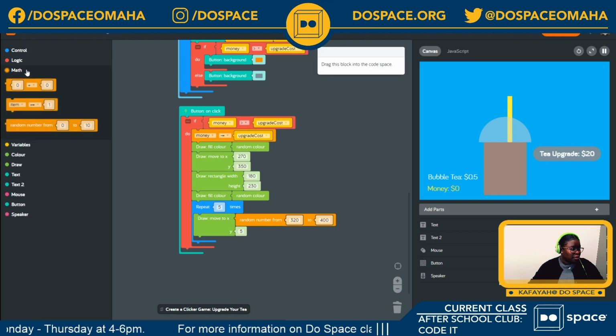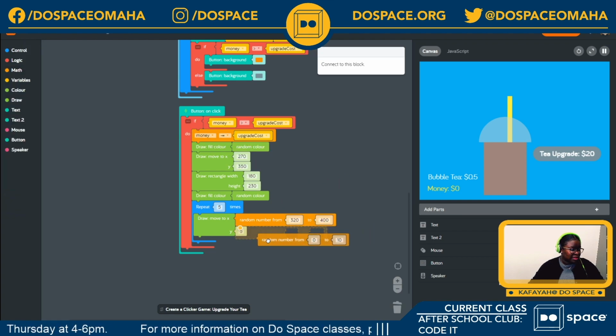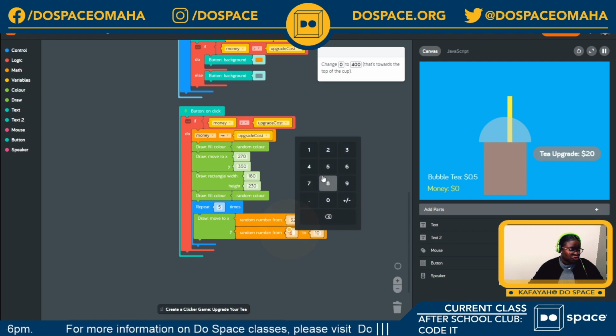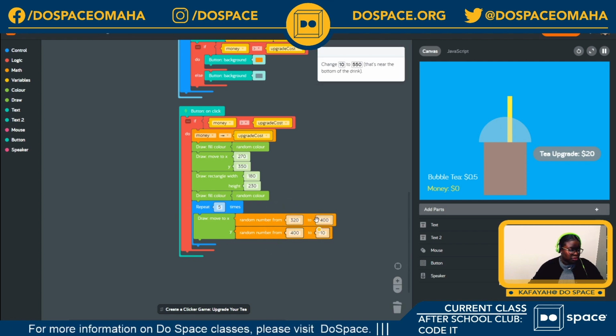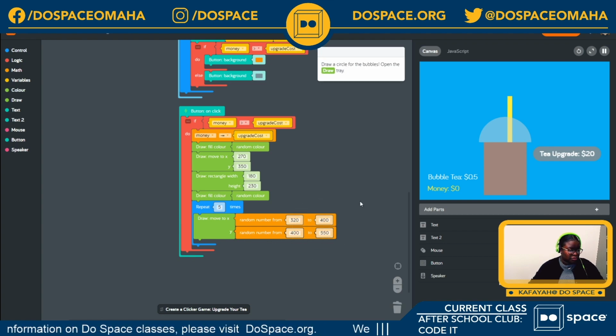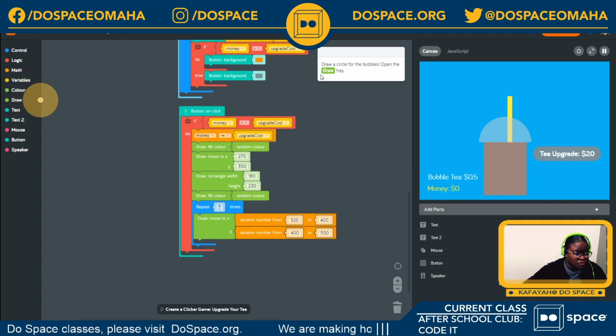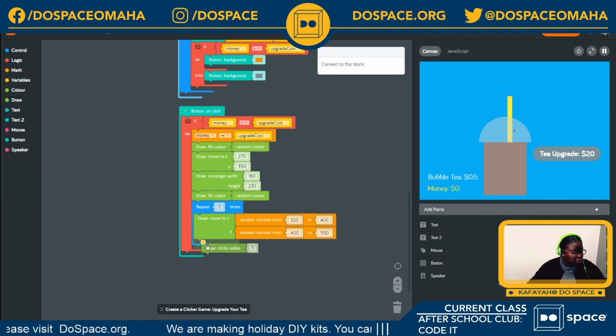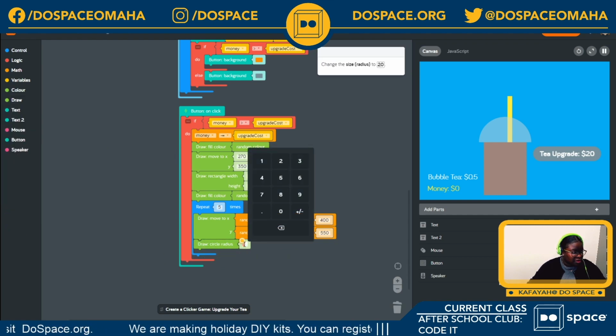So I'm going to open my math tray and select my random number from 400 to 550. Awesome. So now I'm going to draw a circle for the bubbles. So I'm going to open my draw tray and I'm going to draw a circle with the radius of 20,